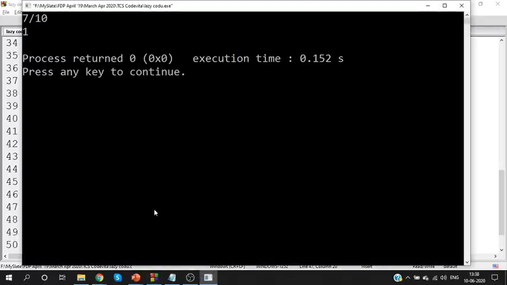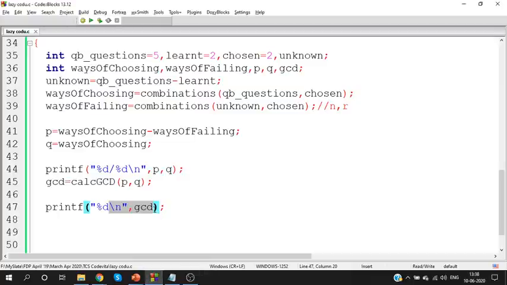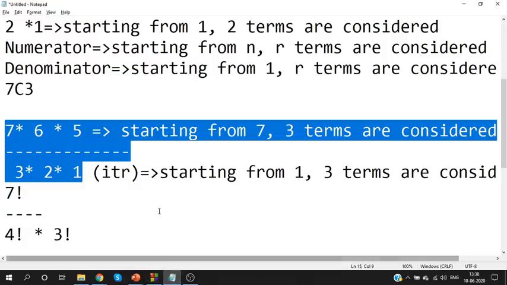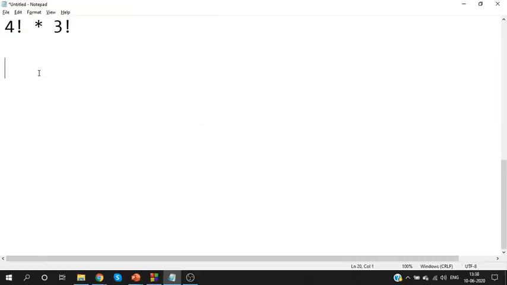Look at that, you get the GCD as 1. If the GCD is 1, the numbers are co-prime numbers. If it is co-prime, I don't have any issues. What if the numbers are 6 and 10? What if P value is 6 and Q value is 10? If P value is 6 and Q value is 10, I have a problem here. What is the problem? The GCD will be 2. If P is 6 and Q is 10, the GCD will be 2.